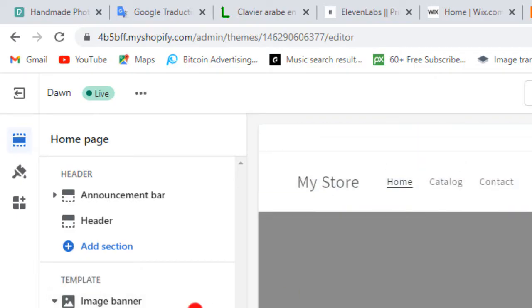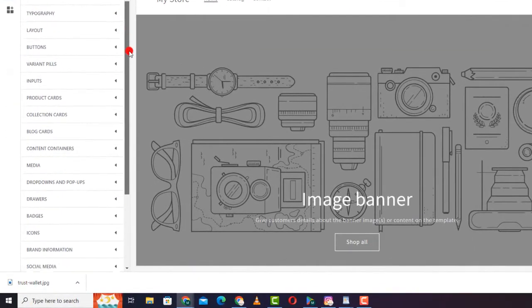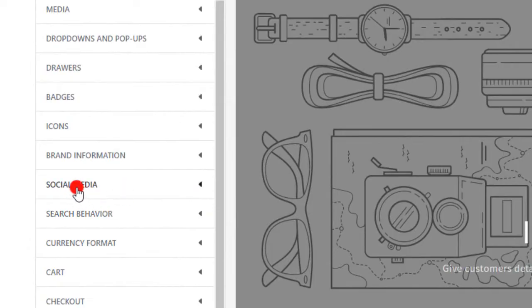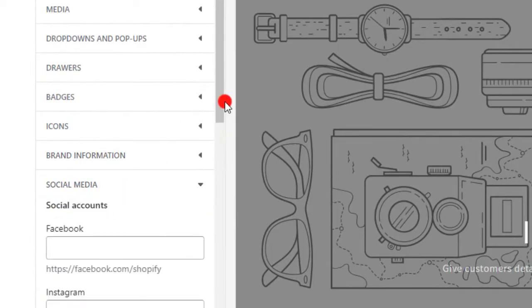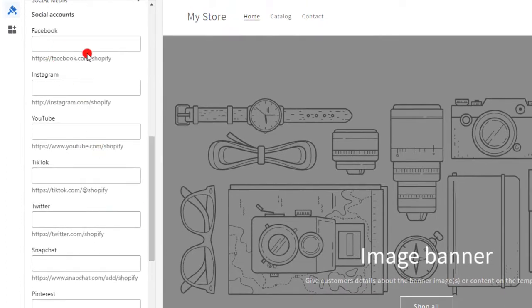Then guys, if you want to add the social media icons, for example Facebook, Instagram, Twitter, just go directly to the left side of your screen and click on theme settings. Then you need to scroll down to the social media section in the middle, then hit on social media. Then scroll down again. Here you can add your Facebook link, Instagram link, Twitter link, TikTok and